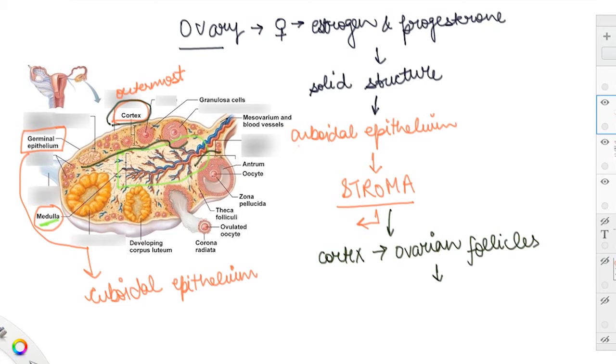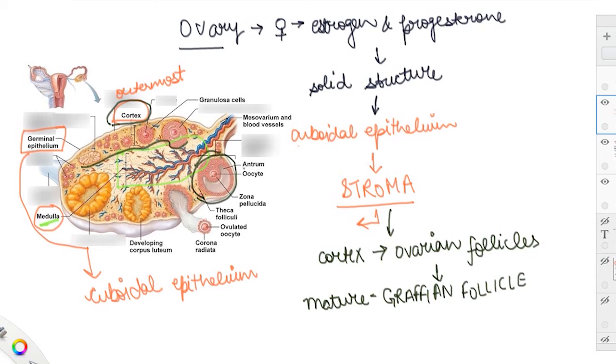Where is it written? Let me find it. It is the Graafian follicle. It is not written, but I'll tell you how you will classify this particular follicle as the Graafian follicle. This particular follicle that I am circling is known as the Graafian follicle. So, of the ovarian follicles, the mature follicle is known as the Graafian follicle. It is the name of the mature follicle which will ultimately lead to the release of the ovum.